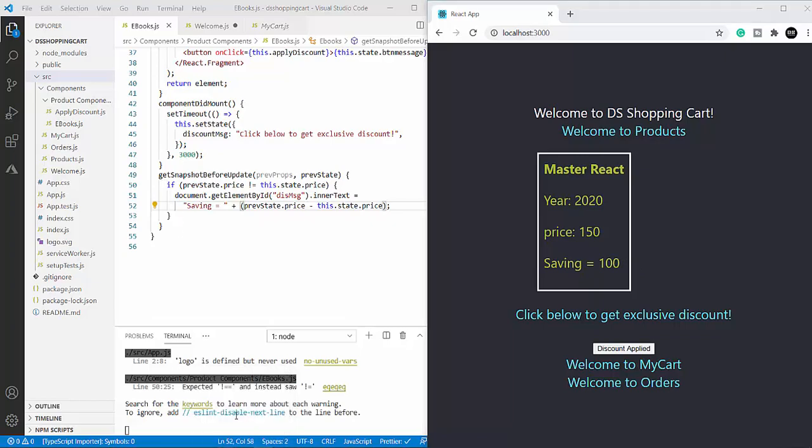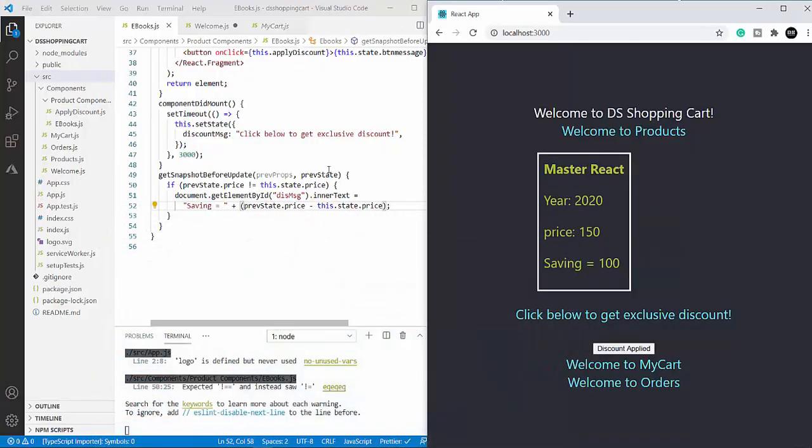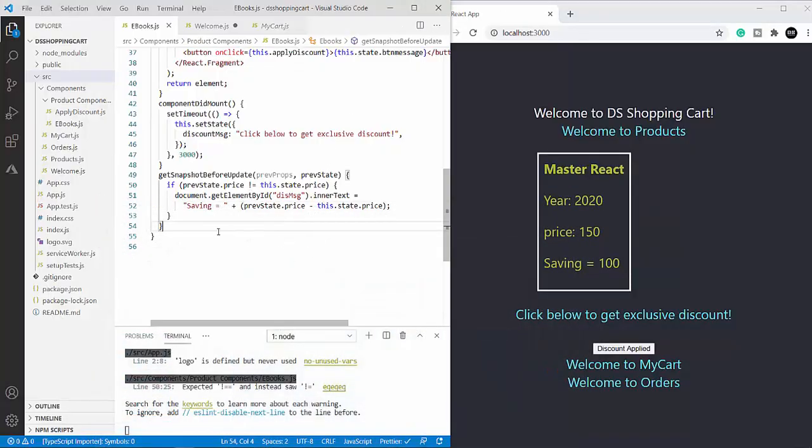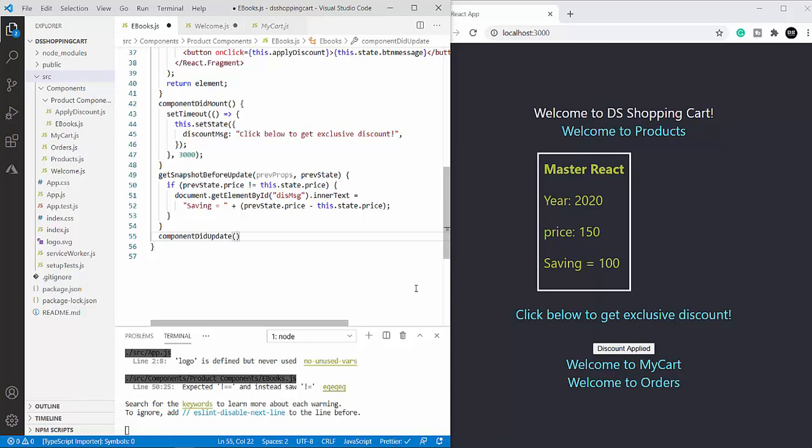Let's look into the next method, the componentDidUpdate. So I'm going to add this method over here, componentDidUpdate. This is the last method which will be called in the update phase. Here I'm going to simply add a statement asking my customer if I can add it to the cart.